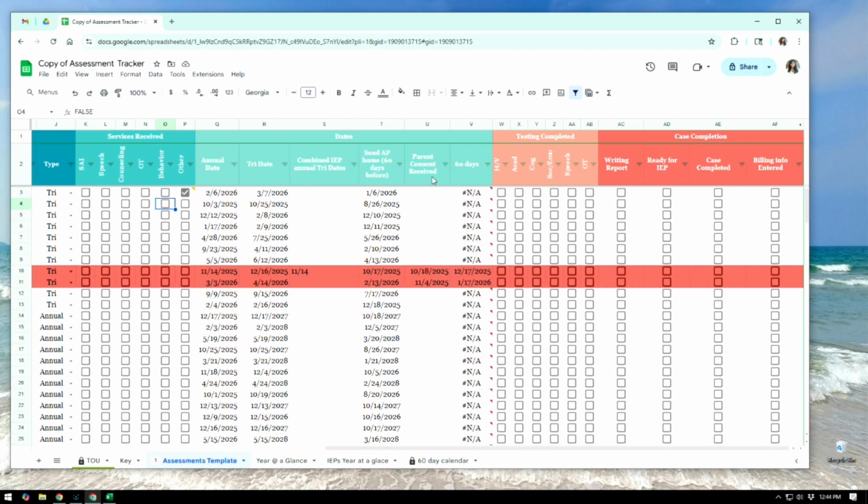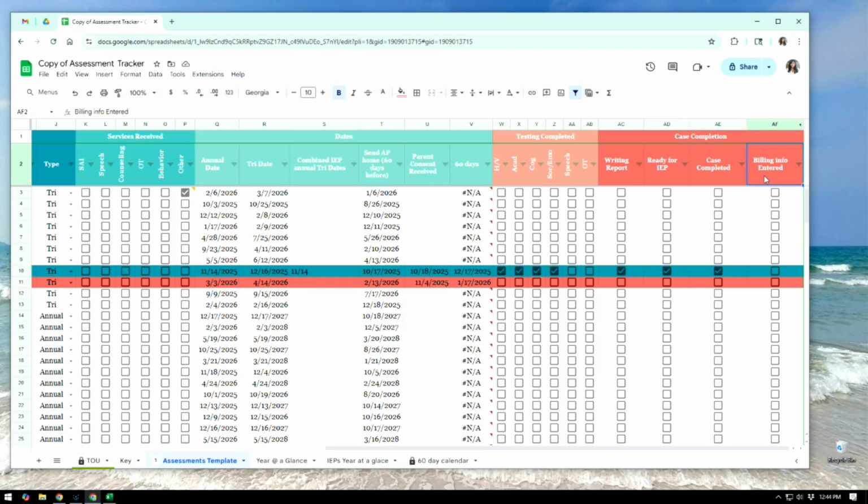And then once I am started testing, hearing and vision is complete. It'll do that. Once academics, it'll start changing colors. Your cognitive is done. Sometimes if you do cognitive before academics, it'll do different colors. Social emotional, speech, OT. Once you're done testing and so you're writing the report, that'll highlight it, ready for the IEP, changes it there. And then once you have the IEP cases completed, in my district, I also have to